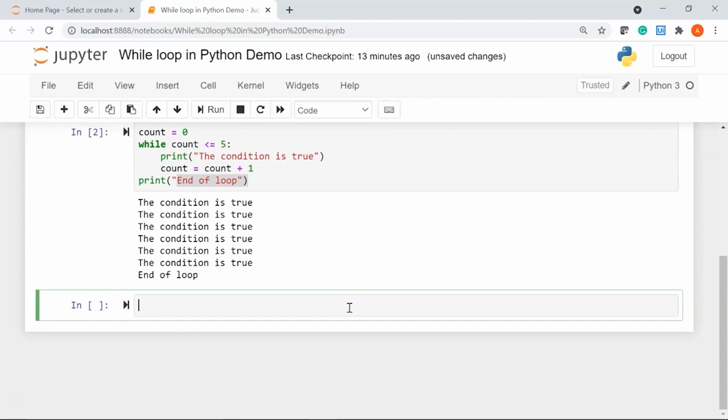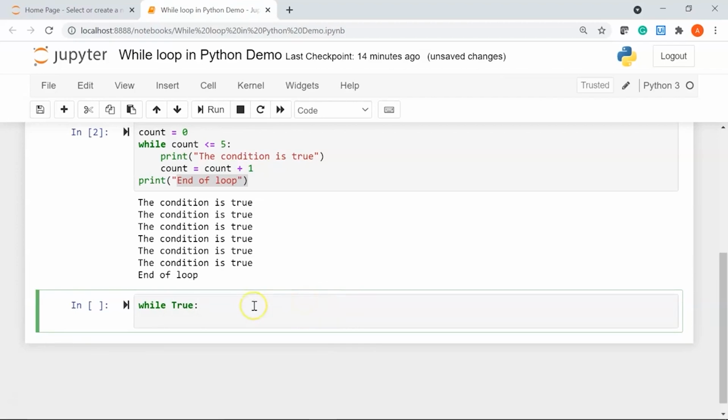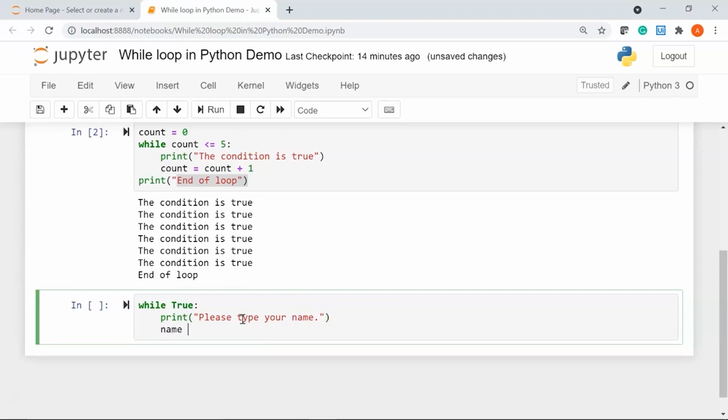you can also use the break statement in a while loop. Let me show you how to do it. I'll say while True, so I am declaring my while loop to be true, and I'll say "please type your name", and I'm going to take my name as input from the user.